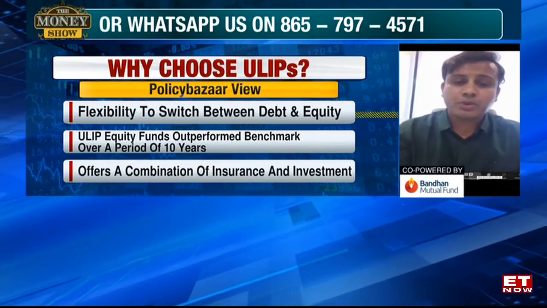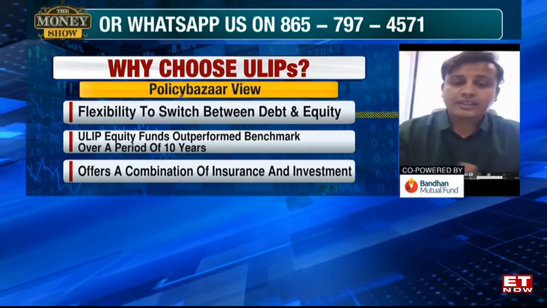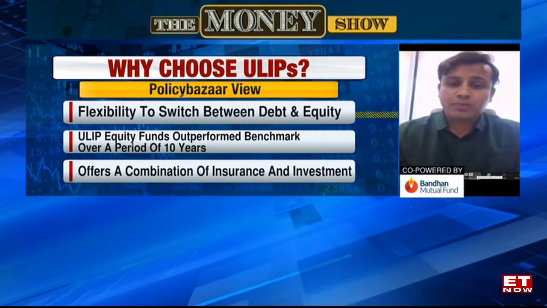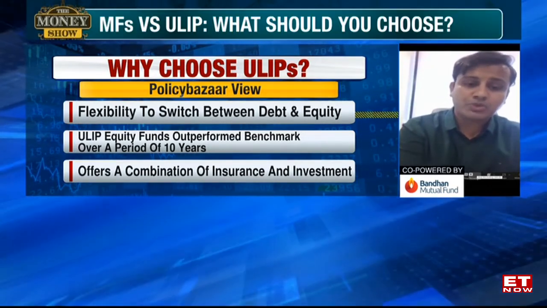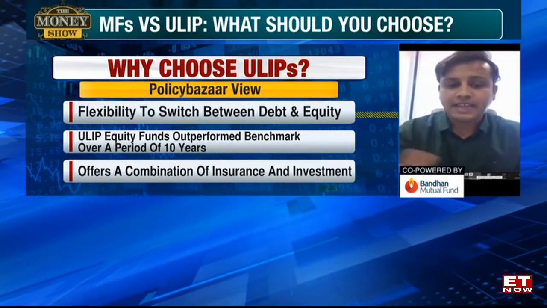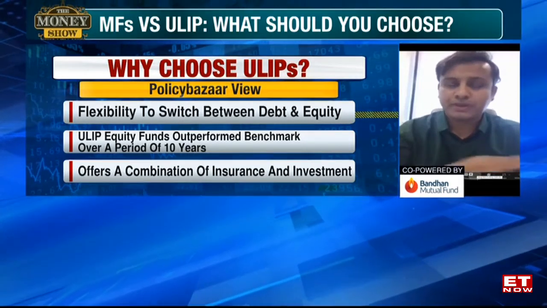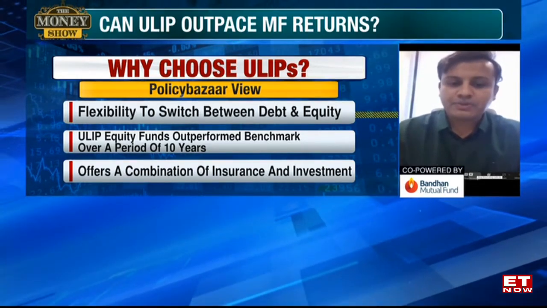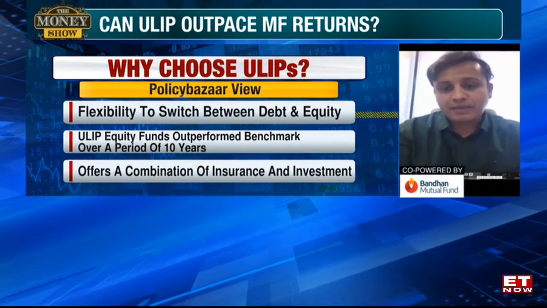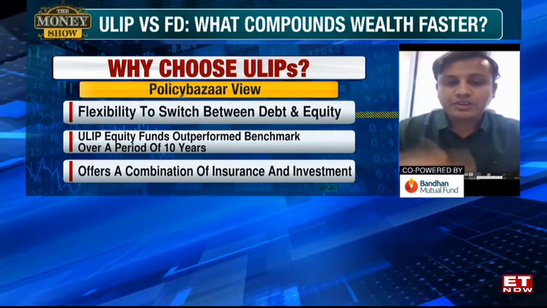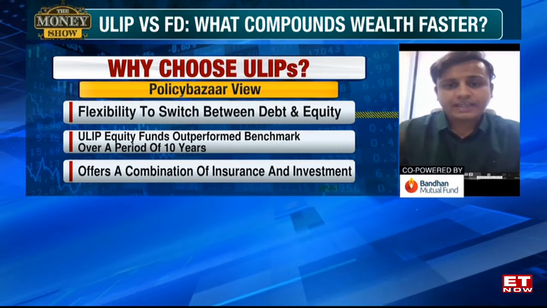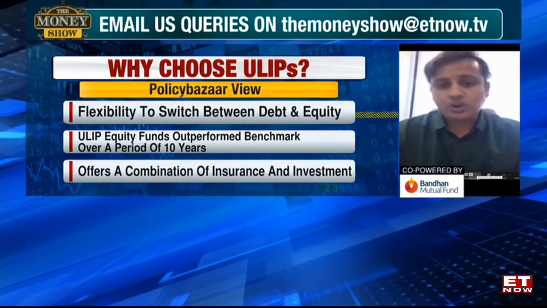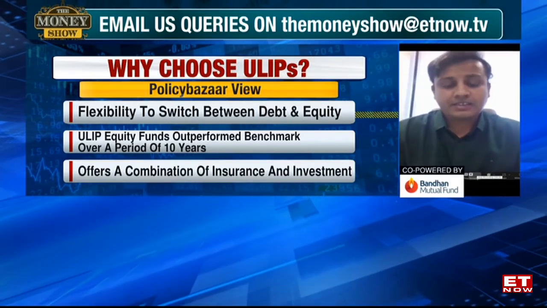And in a debt ULIP, you will end up paying no taxes. So there the tax arbitrage is immense, right? And a similar scenario applies to an equity mutual fund and an equity ULIP also. There's a tax arbitrage of 10%. In an equity mutual fund you will be taxed at 10%, whereas in a ULIP you pay no tax. So both ways, there's an immense tax arbitrage that everybody should take benefit of and invest at least up to 2.5 lakhs in a ULIP product. They are equally competitive and low on cost. I don't see any reason why you should not do it.